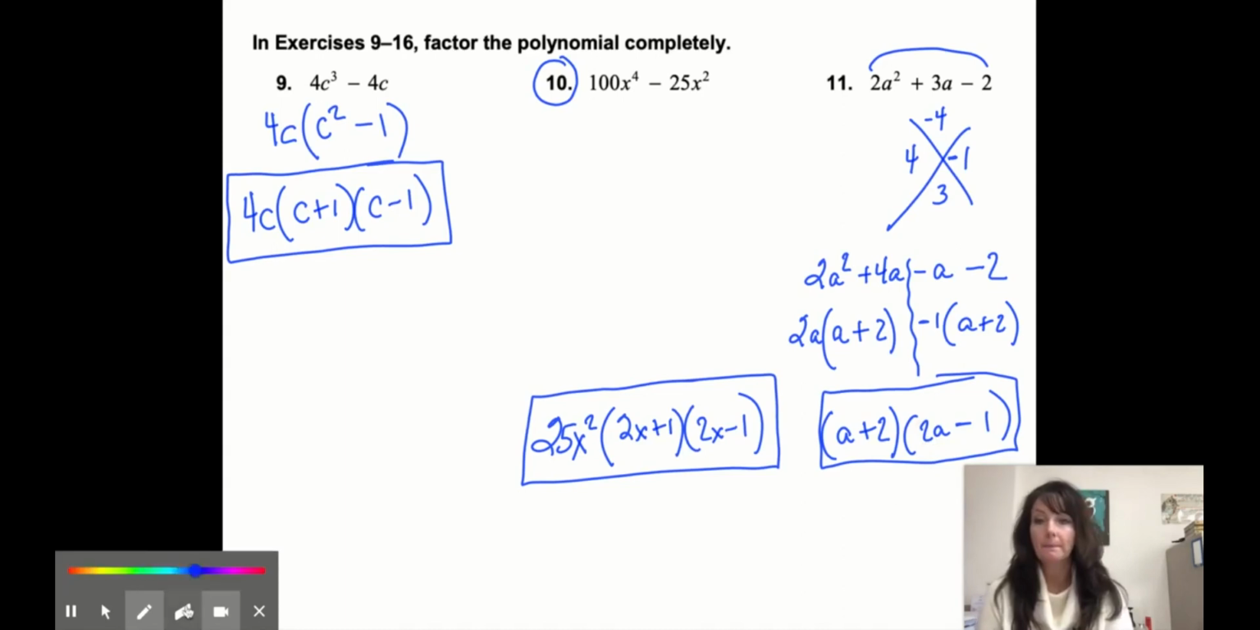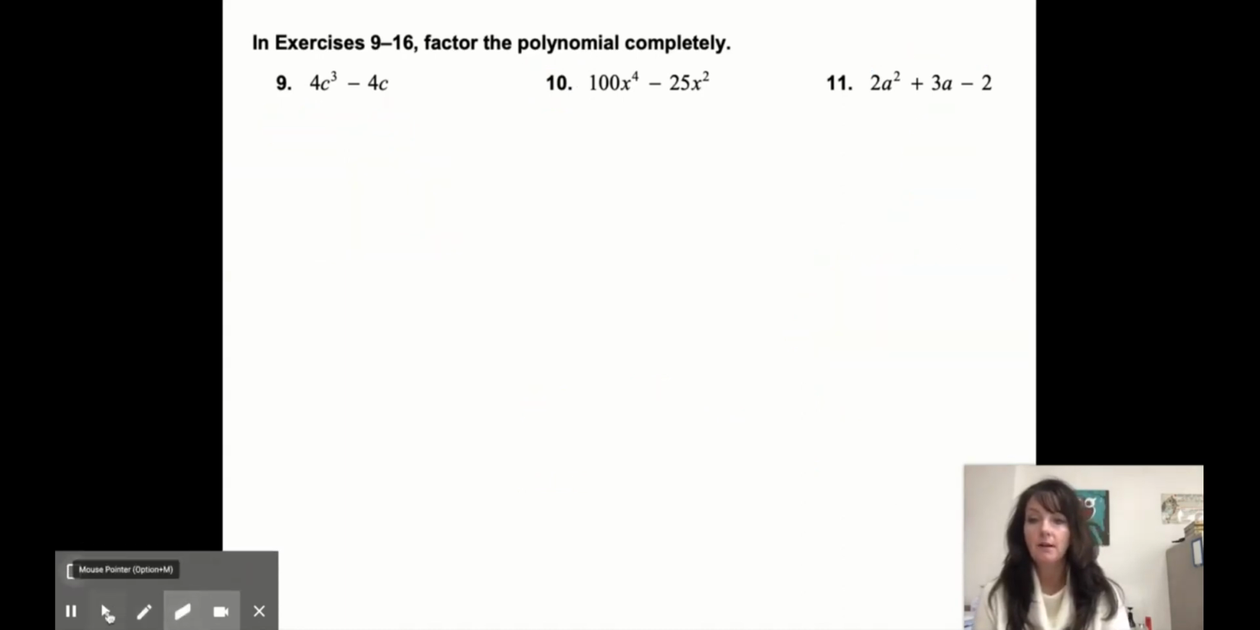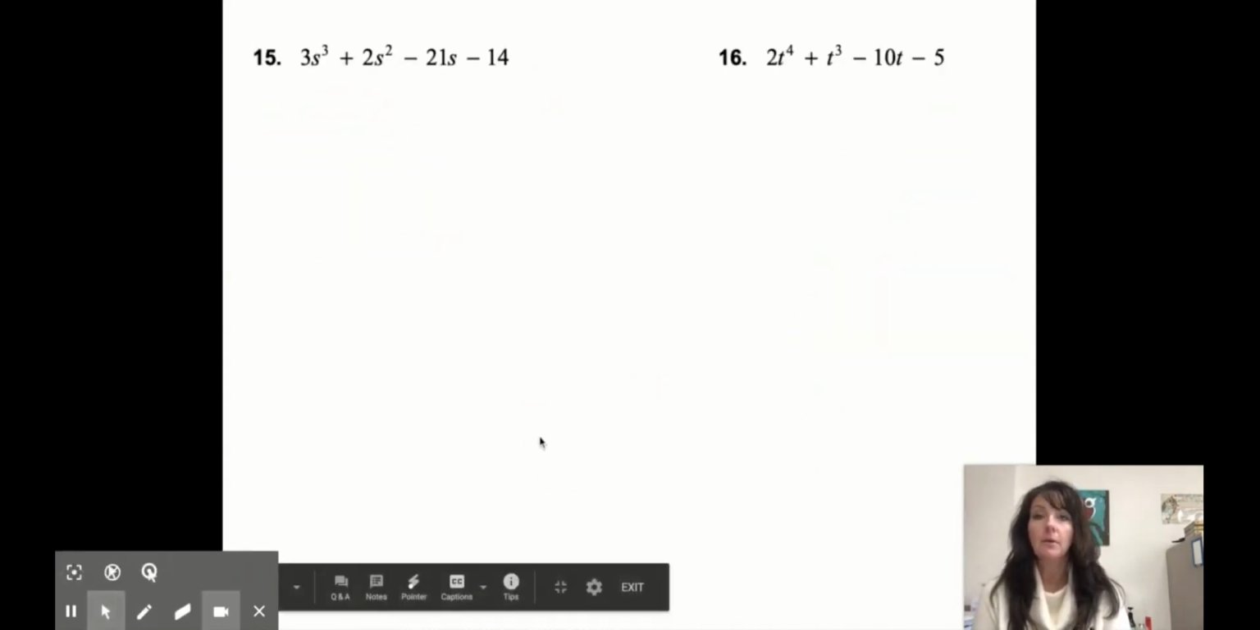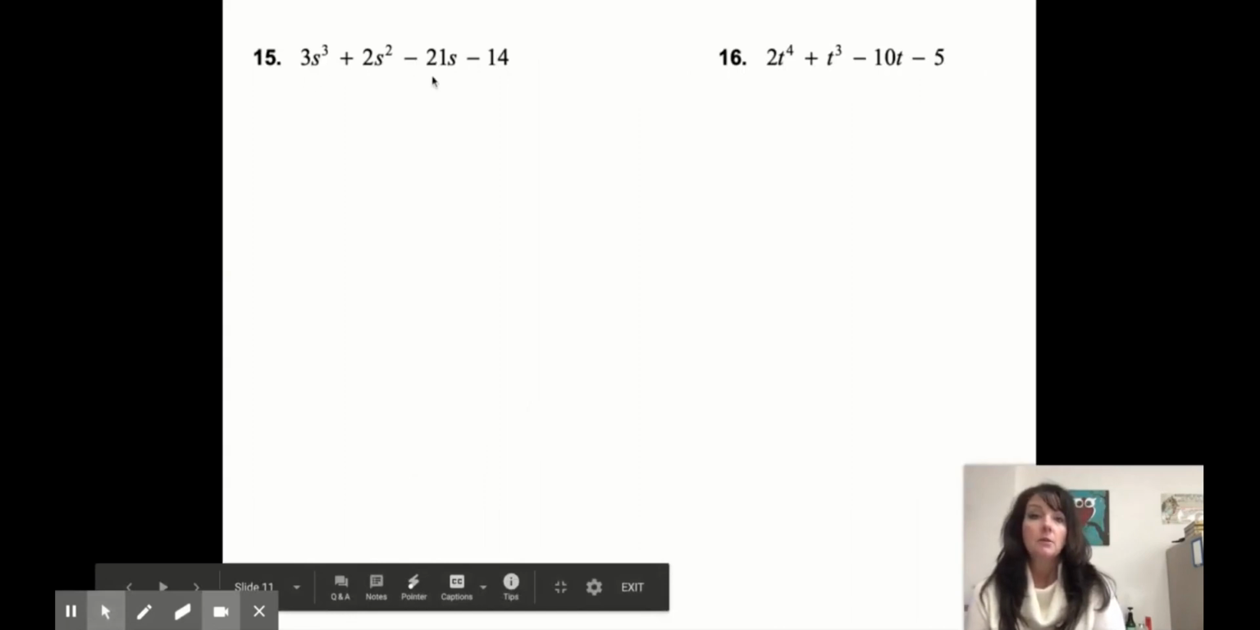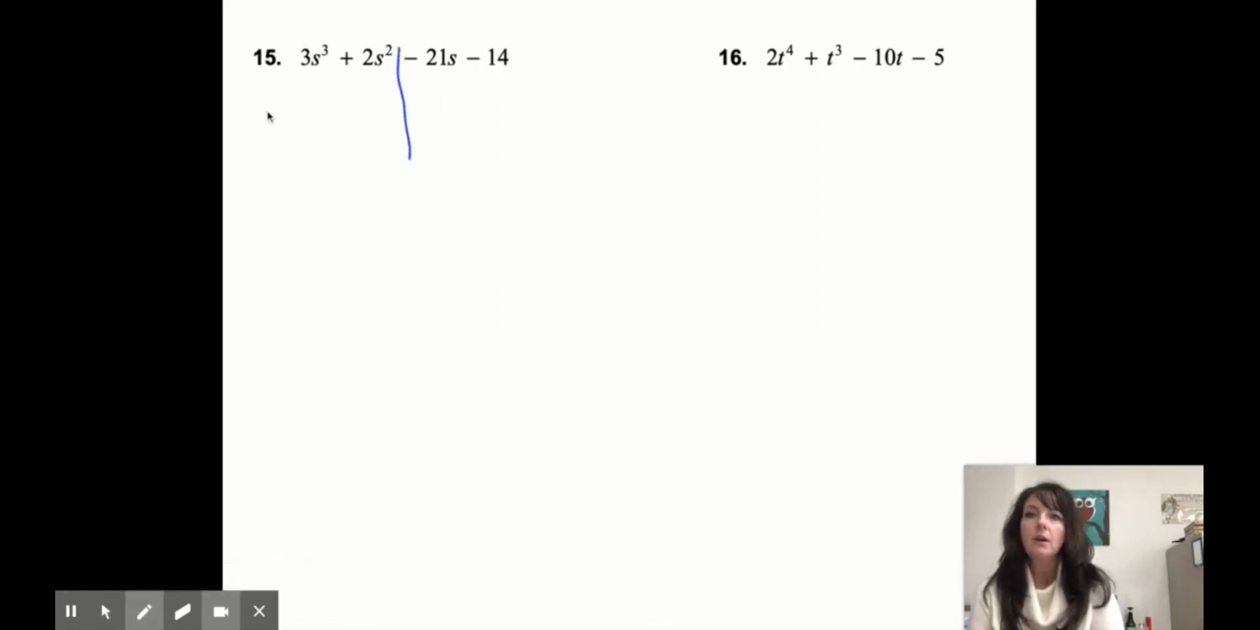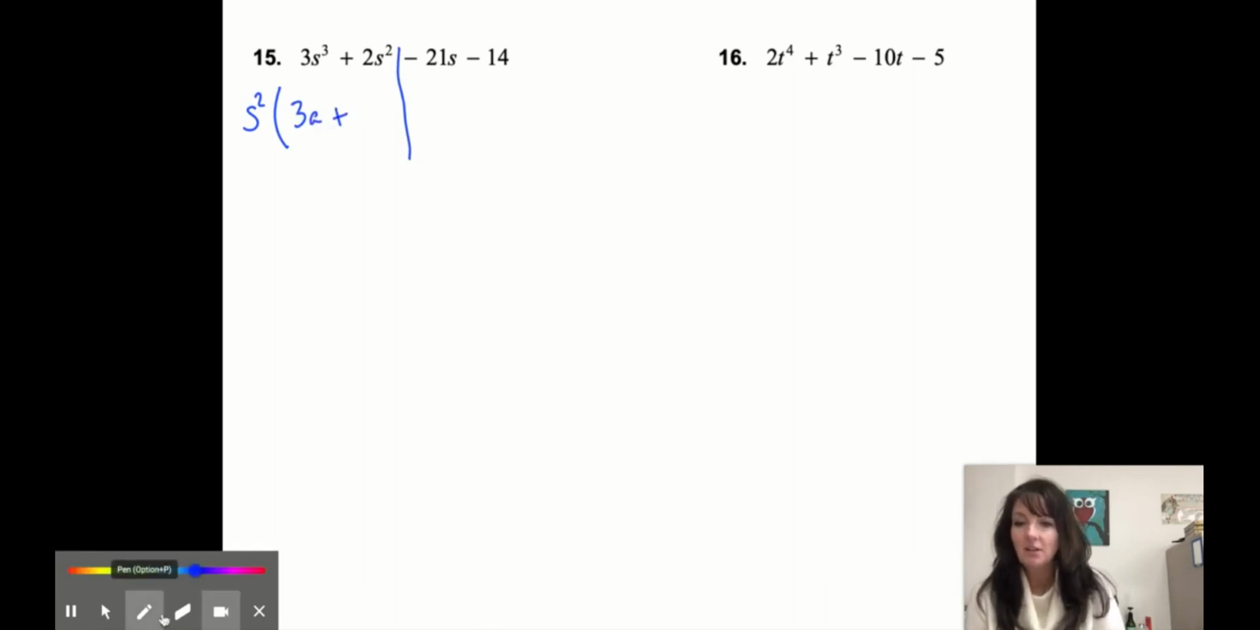Okay, let's give a few more a try here. In this one, I want to see if I need to rearrange anything. I can factor out the s squared. So if I factor out an s squared here, I will be left with 3s plus, oh sorry, I changed the variable. I don't know why. 3s plus 2